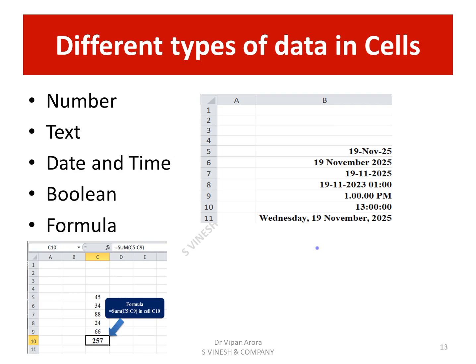What are the different kinds of data that can be entered in cells? You can enter numbers, text, date and time, in different ways as shown over here. You can enter Boolean data also. You can enter formulas also. Here, look at the formula. In this name box, this cell